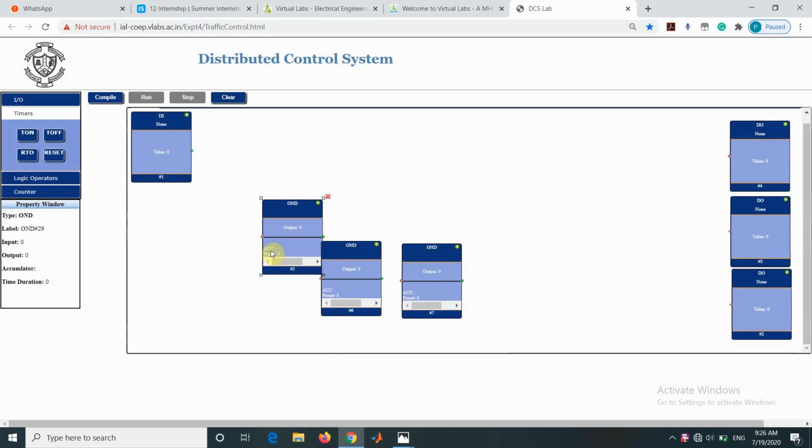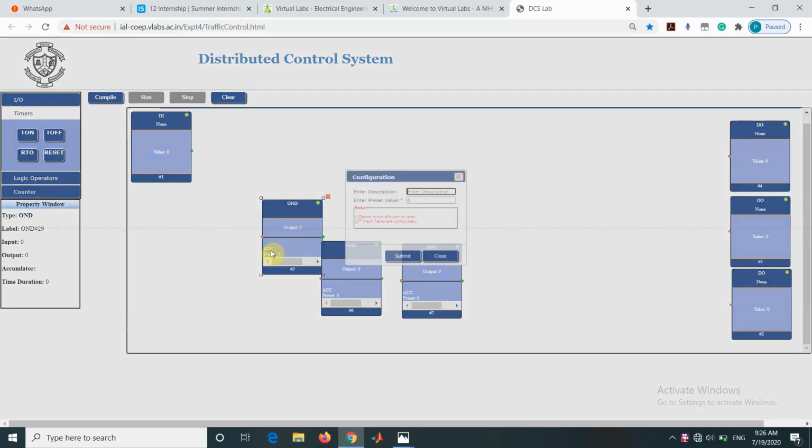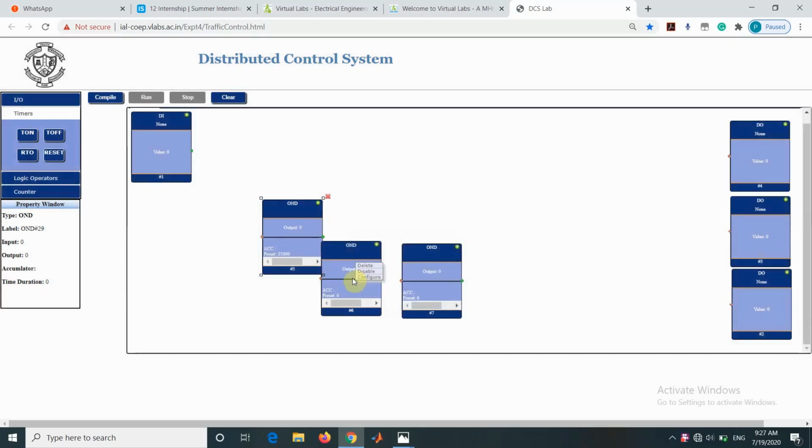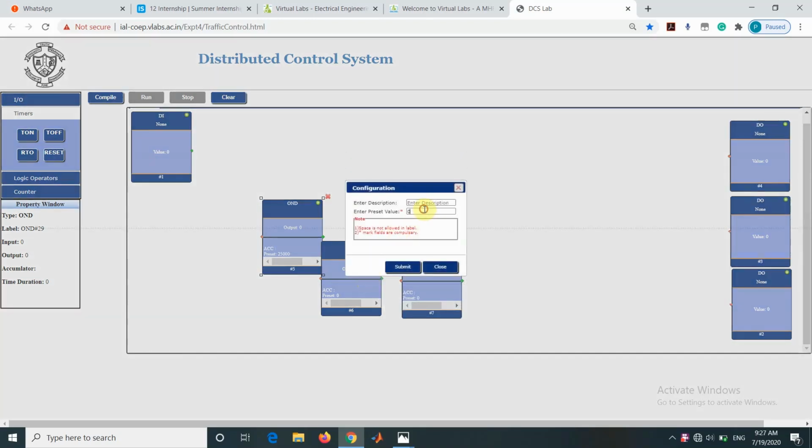The time base for the timers in this simulator is in milliseconds. So to enter 25 seconds, we have to enter 25,000 milliseconds. And likewise for other timers as well.